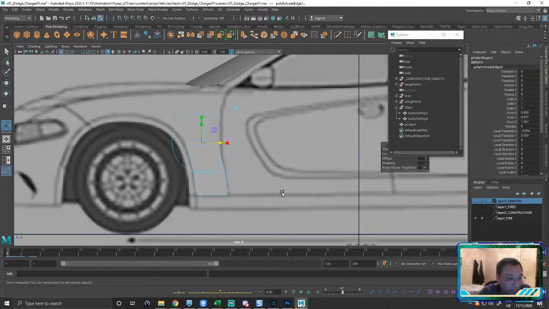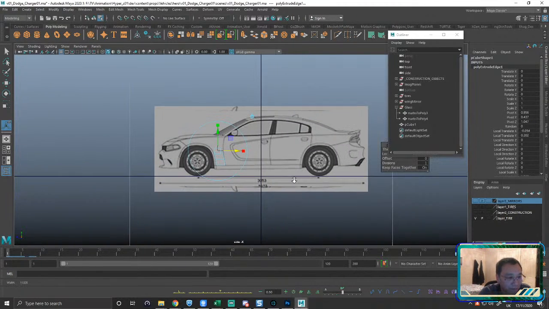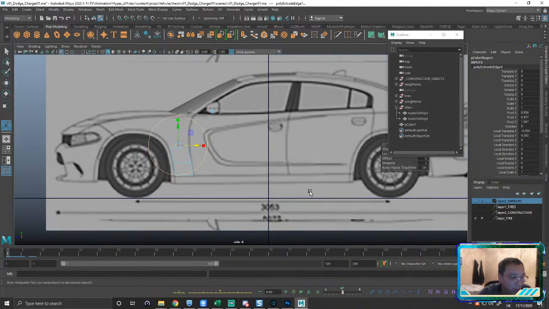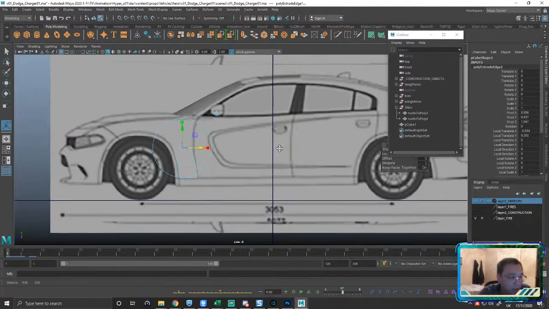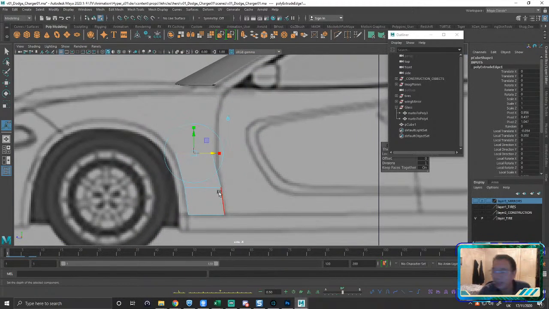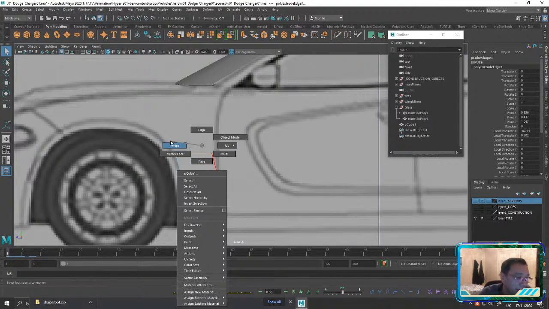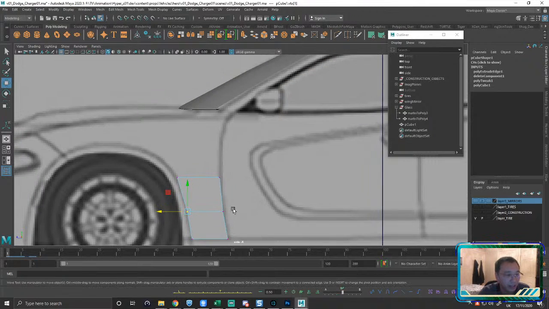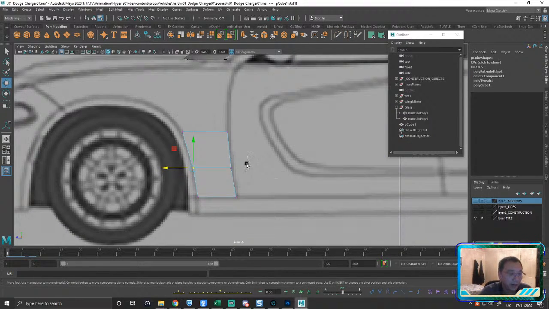Now, I'm trying to think in advance about how I'm going to negotiate the wheel well as what I'm going to do going across the body just a little bit. Actually, you know what? You don't have to think about that because, again, we're just blocking it out. I think that's probably thinking a bit too much at this stage. We are just trying to block this out super quick, right? So I'm going to come in here, and you can see just by manipulating a few points, life is a lot easier than if we had a whole heap of detail to concern ourselves with, right?